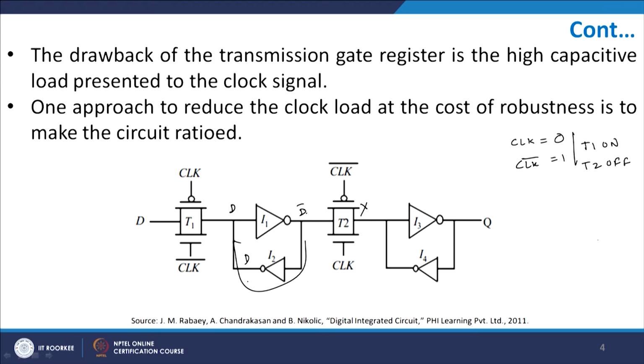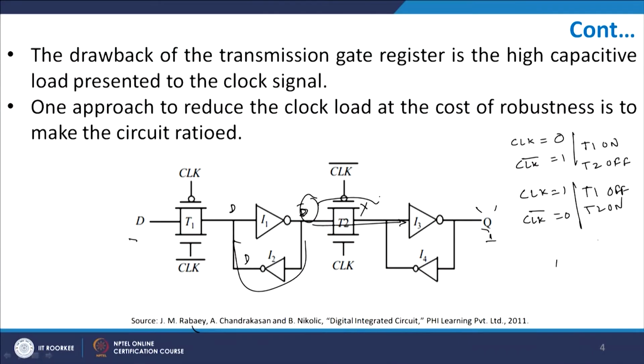Now, in the next clock cycle, when clock equals 1 and clock bar equals 0, just the reverse happens, T1 goes off and T2 goes on, and therefore, whatever the value of D available here will be sampled through T2 onto the I3 I4 pair, and that will come out as Q. So, Q was again not transparent to D at any point of time. So, Q and D are still non-transparent, and they are therefore different. But